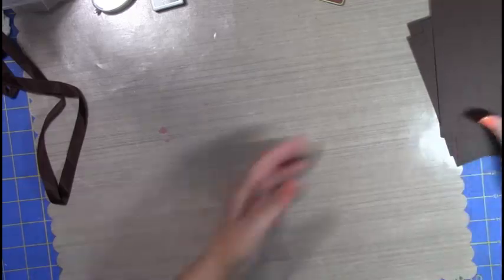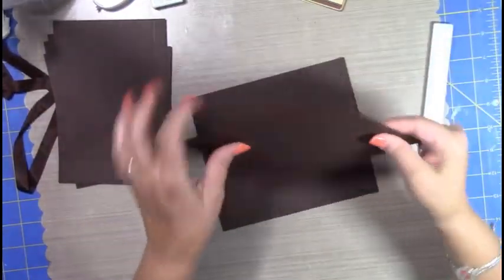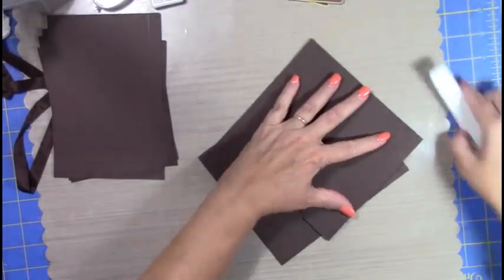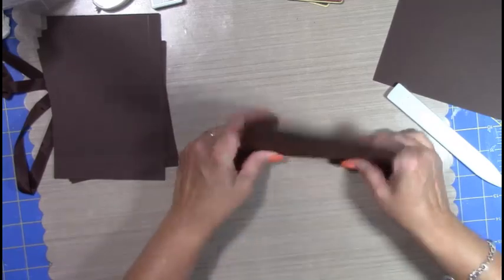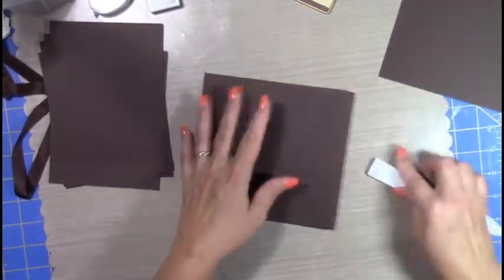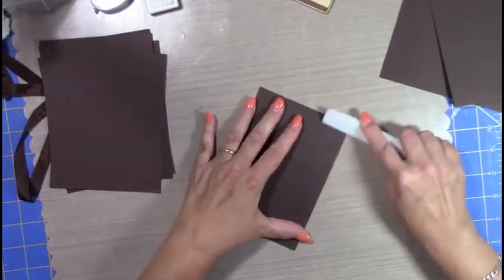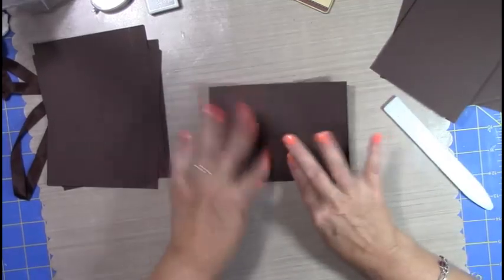Okay. Now, let's... And I'm going to have to kind of think before I really put this down, what kind of papers I want. I don't know. We'll have to...